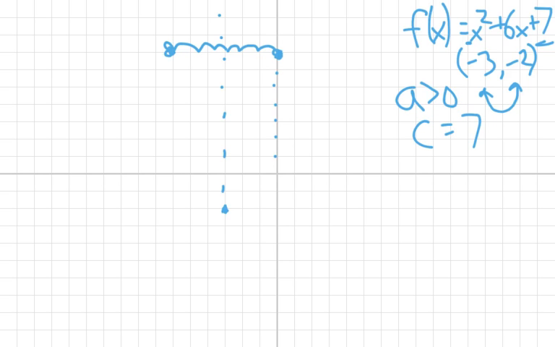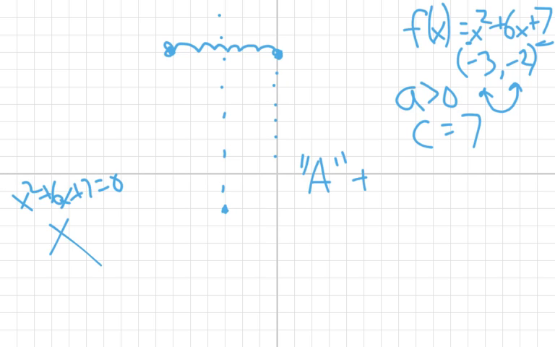Okay? Now, if I wanted to, I could set x squared plus 6x plus 7 equal to 0 and try to factor it and solve to find what the x-intercepts are. Unfortunately, this doesn't factor, so it doesn't really help us out too much. Okay, you could use the quadratic formula, but then you get decimal approximations and then plot those. But I want to go over what I call the